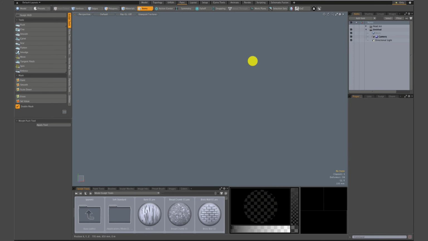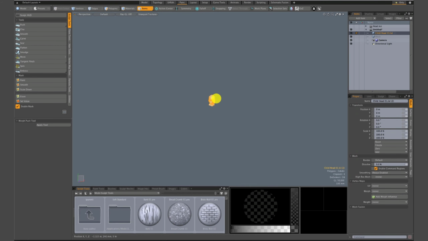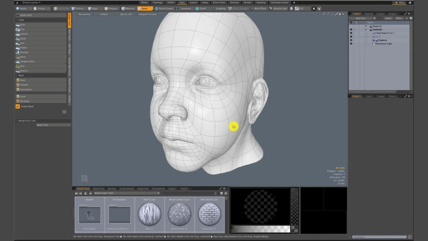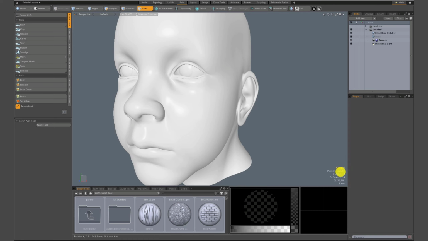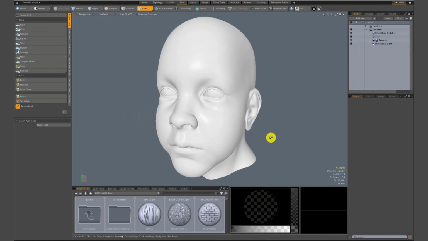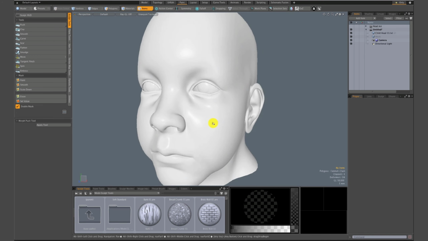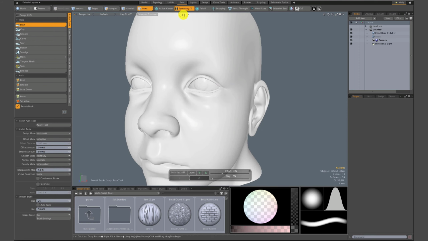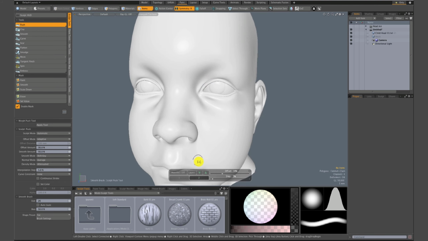So let's look at a quick practical use of this, and I'll just use one of the in-program models. So we have this weird little baby head. So I can turn wireframe on and off. It's set to subdivs, so I just want to hit tab and then shift tab, and you'll notice you'll lose a little bit of volume when I do that. So now we're using the Catmull-Clark subdivision, so now I can go to this push tool, turn symmetry on in the X,